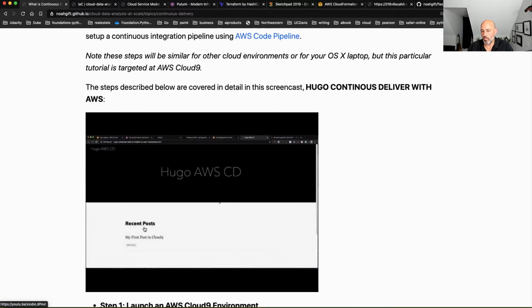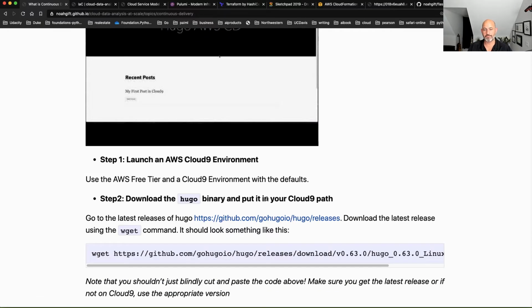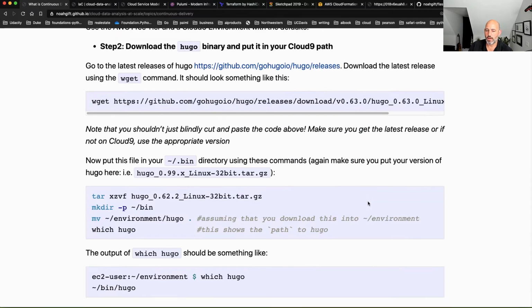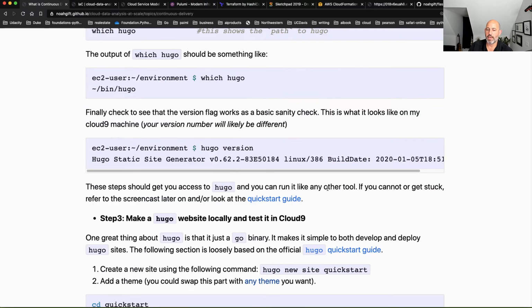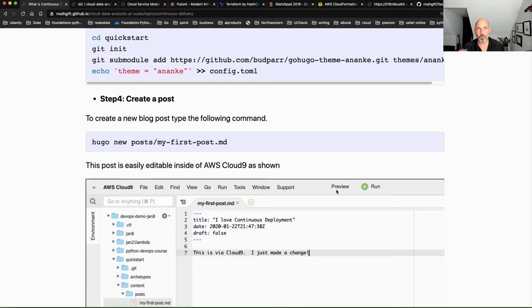There's a whole video that you can watch where I do this. And these are the steps: step 1, launch a Cloud9 environment. Step 2, download the Hugo binary, build this out, make a new website, and deploy it. So I think this is probably a worthwhile demo to do.